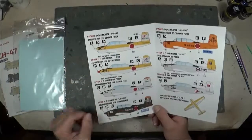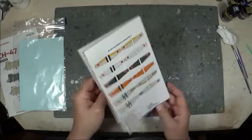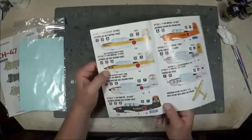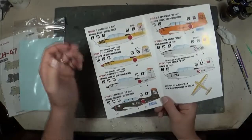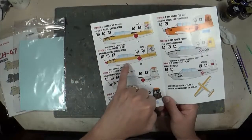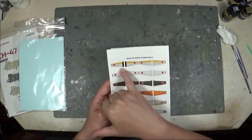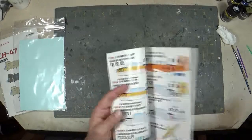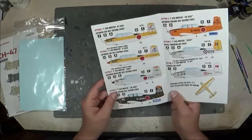So we'll go through what they have. The first one is aircraft 410303, and I believe it's silver, yeah, a natural metal over yellow scheme. The next one, option 2, is effectively the same scheme, which is 710418. Also, all of these are the Japanese Air Self-Defense Force. Yellow over natural metal, and it's got a red spinner. Your wings would be natural metal with a yellow stripe across the leading edge of the wing. The front half of the wing is yellow. The back half of the wing would be sort of the chrome yellow, same color you would see in World